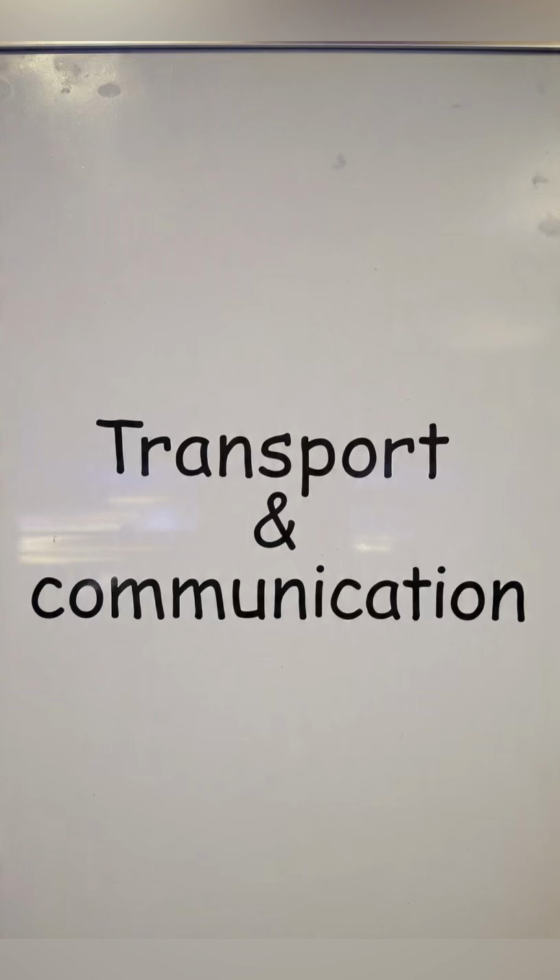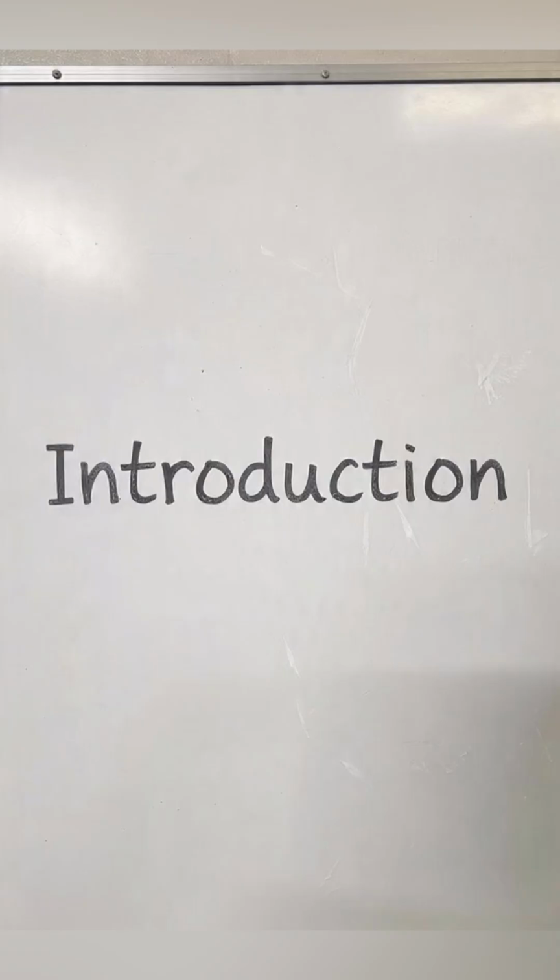In the past, people depended on simple forms of transport like walking, animal carts, or boats. Communication was also slow because messages were sent through letters or messengers. However, with the development of technology, both transport and communication systems have improved significantly. Today, we have fast trains, airplanes, highways, satellites, and the internet. In the following representations, we will explain them one by one.